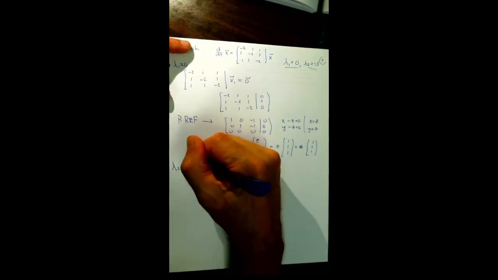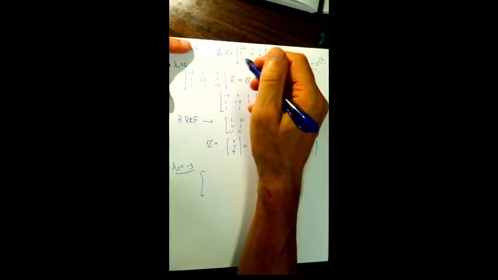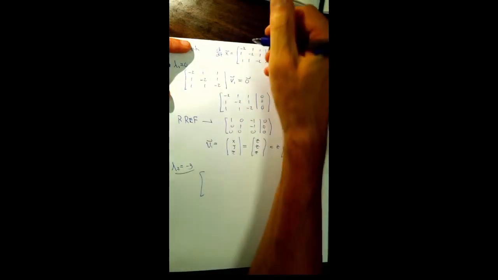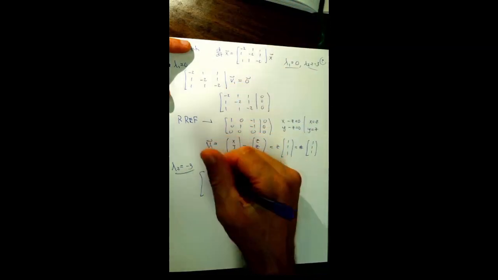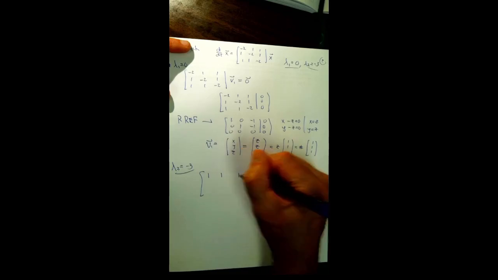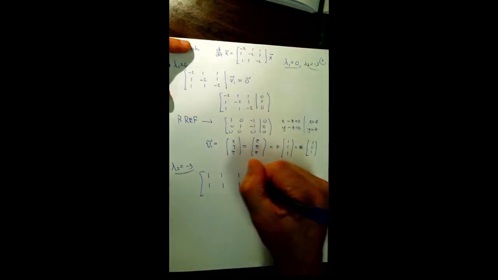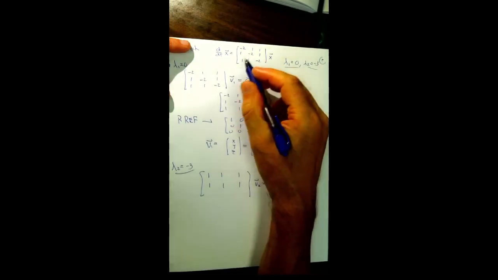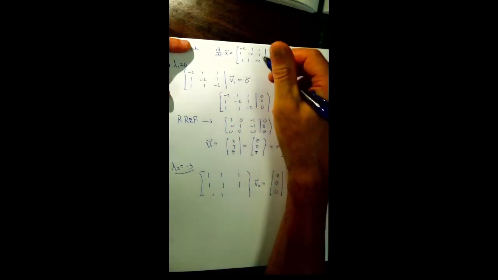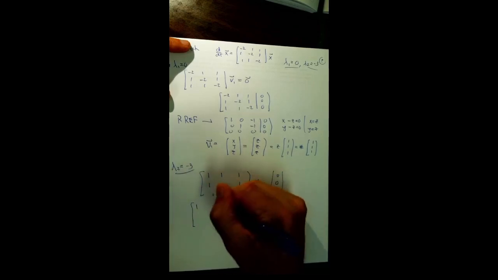For lambda 2 equals minus 3, now I'm going to subtract a negative 3 from each diagonal entry. So that's going to be minus 2 plus 3 is 1. I leave everything else alone. Minus 2 plus 3 is 1. And then for the bottom row, I'm going to get 1, 1. Minus 2 plus 3 is 1. So for my augmented matrix,